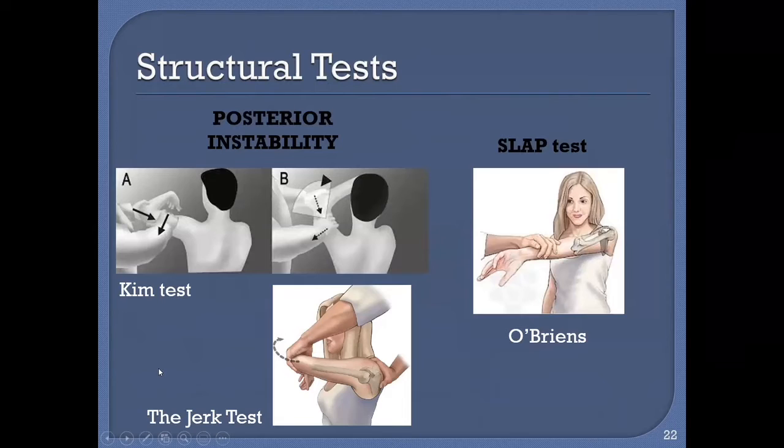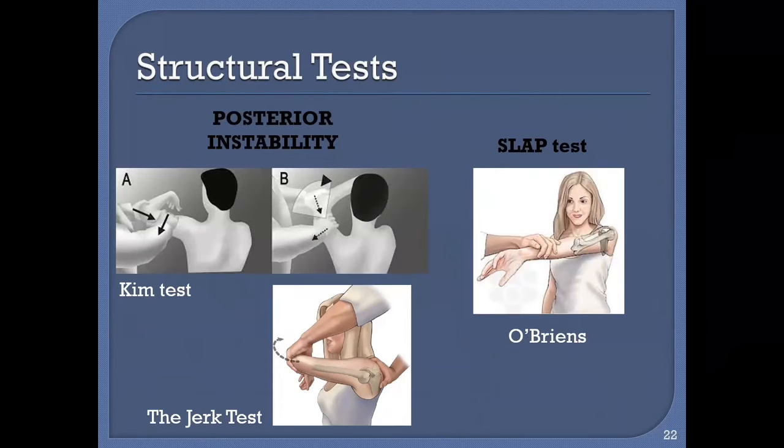And then posterior instability, you've got the Kim test and the jerk test, which essentially loads the back of the labrum, and again it's positive if there's pain or apprehension. And then the SLAP test, there's many SLAP tests. We tend to use the O'Brien's in clinic just because we can do it with the patient standing, and essentially